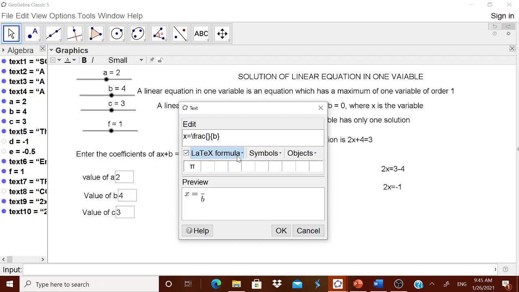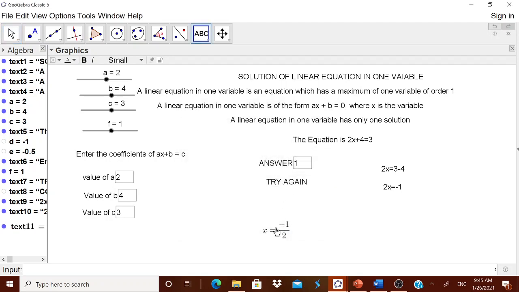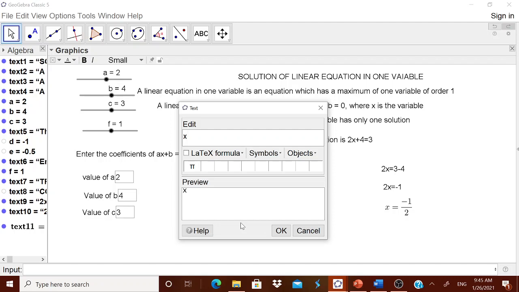Here in the numerator, you can type d, taken from the object, divided by the value of a. Therefore, from the object, you can take it as e. You see, automatically it is coming, x is equal to minus 1 by 2. Now, the final answer you can write x is equal to e. Therefore, the final object is e.